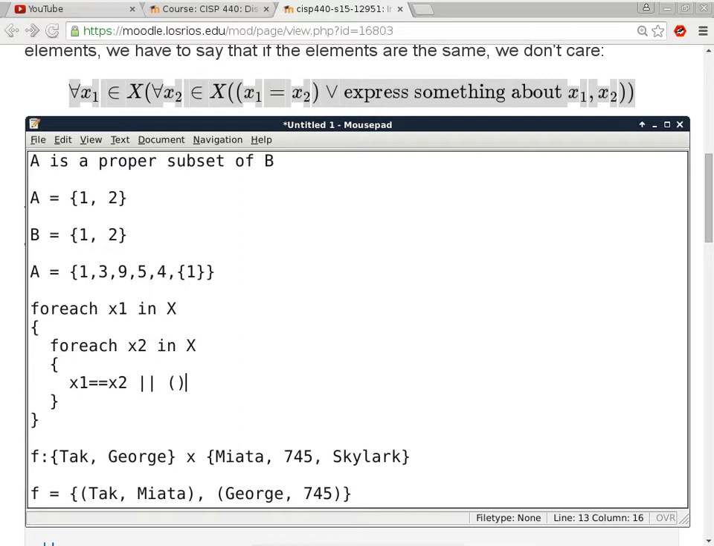Isn't there more to the Cartesian product though, besides those two? Sorry? Isn't there more to the Cartesian product? So it would be like Tax Miata, Tax 745, Tax Carlark, George Miata, George 745,